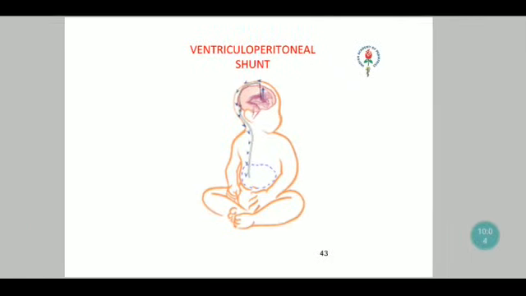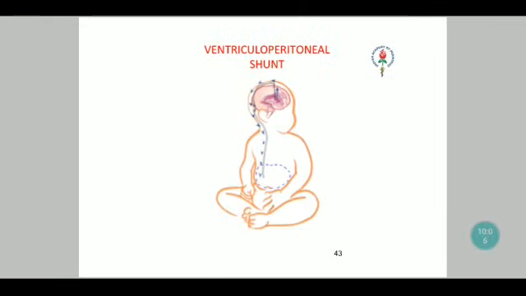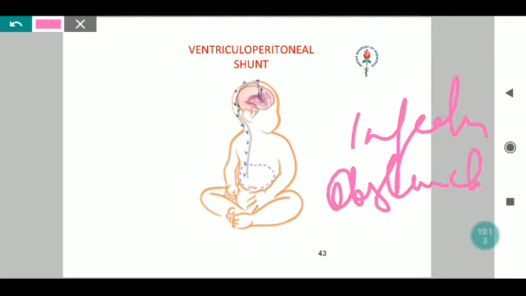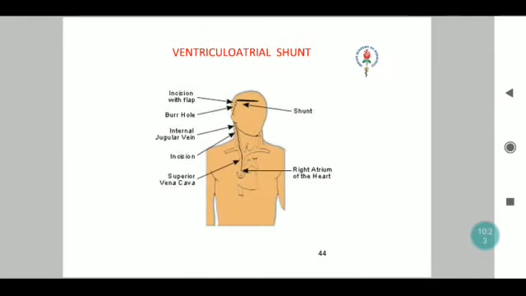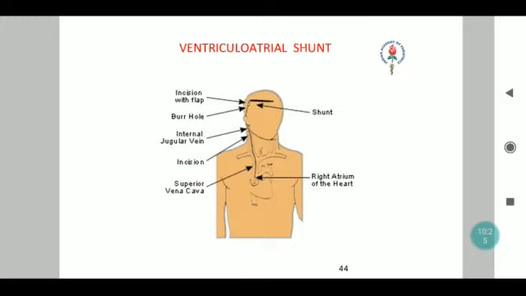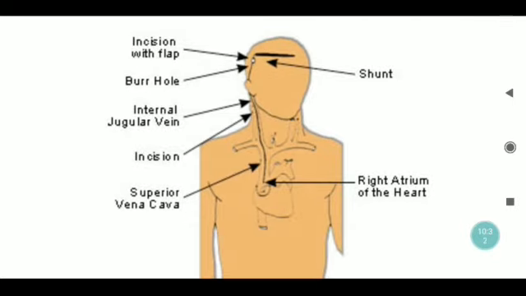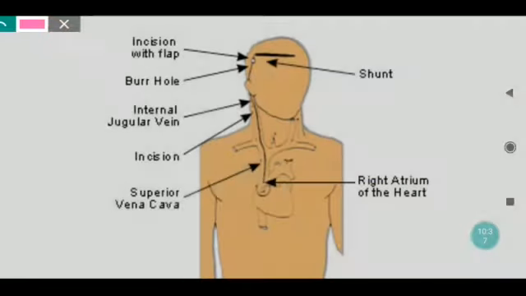So, the complications of a ventriculoperitoneal shunt will be a chance for infection as well as a chance of obstruction. Both of these are common complications, and this is another schematic which shows the flow from the ventricle through the catheter into the peritoneal space. If you consider the ventriculoatrial shunt, the first incision is made at the level of the cranium where a burr hole is made, then through the internal jugular vein, through the superior vena cava, directly into the right atrium to ensure whatever fluid accumulates does come downward and enters into the atrium.